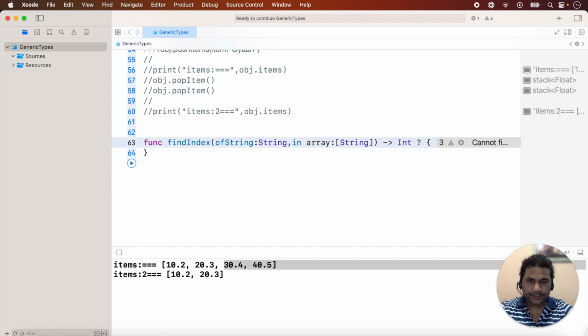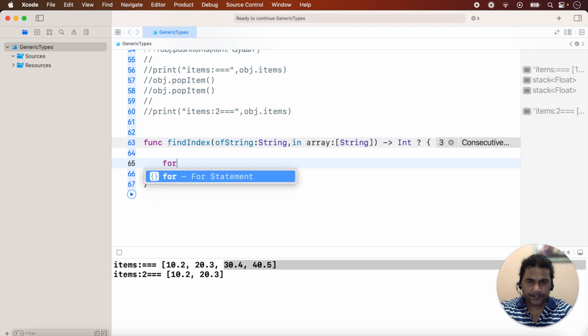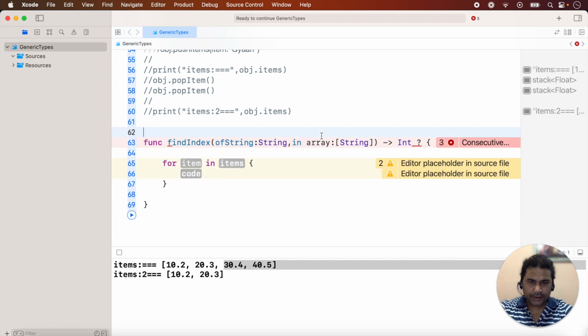So here suppose I am taking a for loop, for, and here the array we are passing in the argument dot